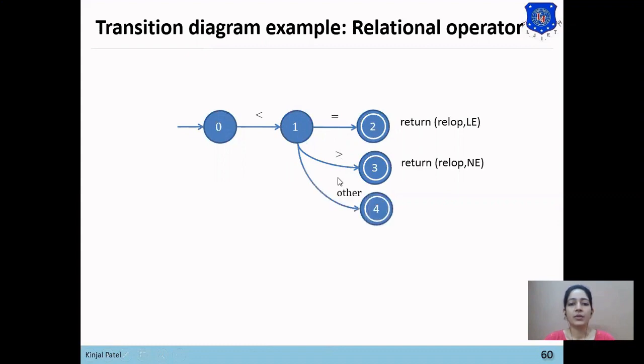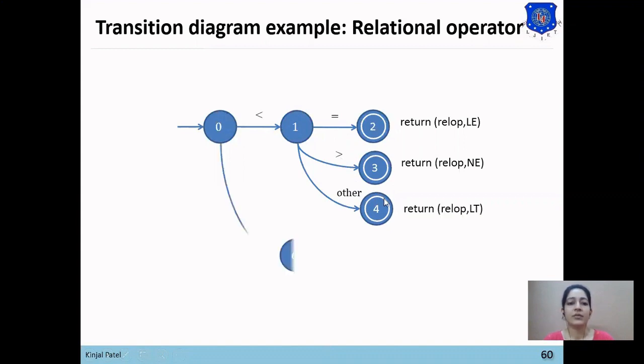Now we want to perform less than only, so we can directly set a null transition from 1, where other represents the null transition, and the final state will be 4,